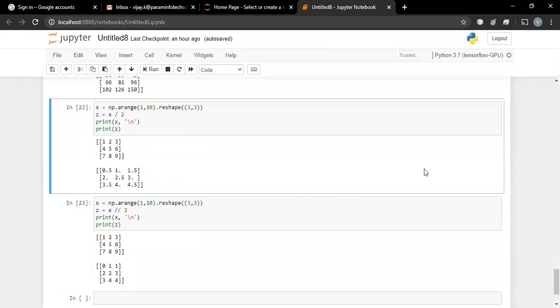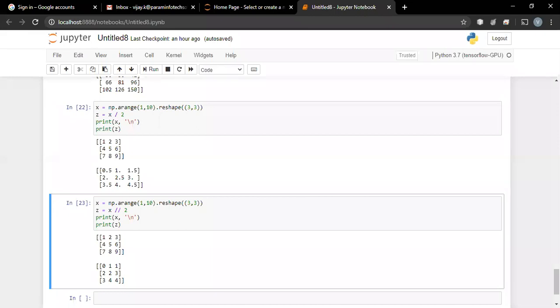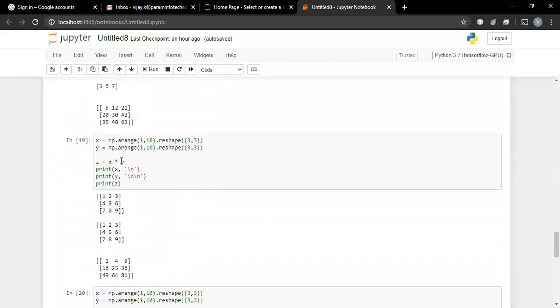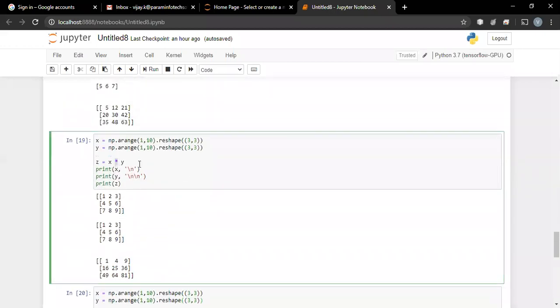Okay, so Aaron is asking, he has some doubt with the at the rate part. See, when we go for star between two matrices, it's a multiplication operator, but it multiplies corresponding elements.